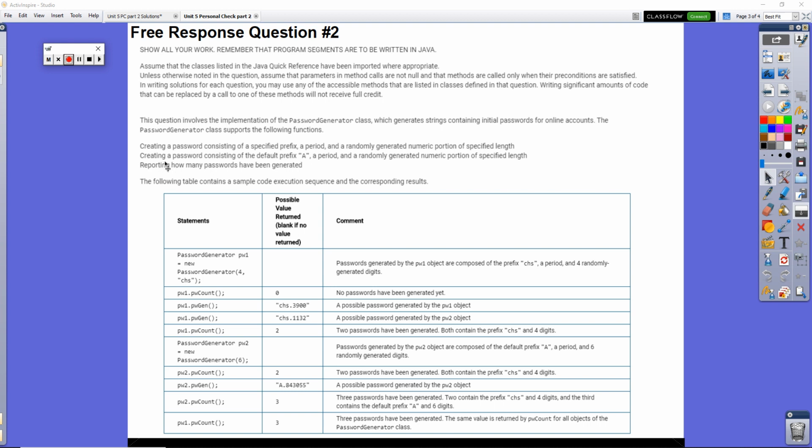The second thing it should support is creating a password consisting of a default prefix with a capital A, followed by a period, and then a randomly generated numeric portion of a specified length. And it should also be able to report to us how many passwords have been generated. The following table contains sample code execution and the corresponding results. So if you call the password generator,